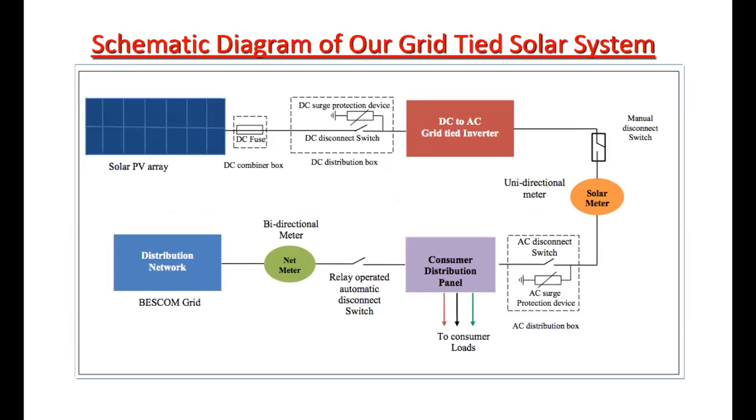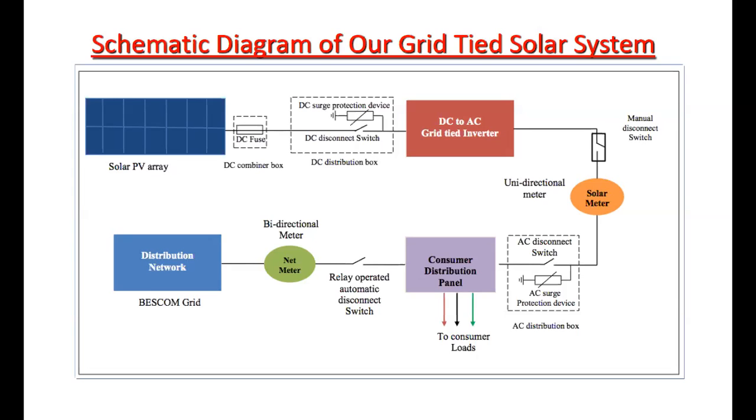We can connect the solar system to the KSEB grid or utility grid without any storage requirements. In this practical system, which has to be installed in the college, there are solar PV panels, a DC fuse, then a disconnect switch and DC surge protection devices, DC to AC grid tied inverters, then a manual disconnect switch. There is a solar meter to measure the energy produced by the solar panel,